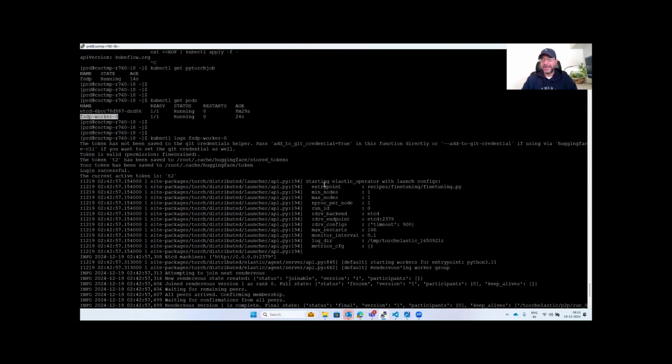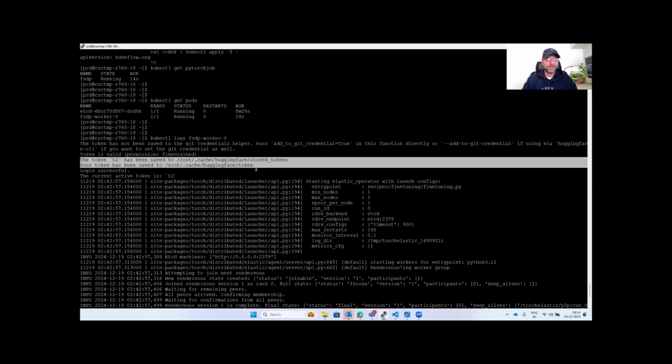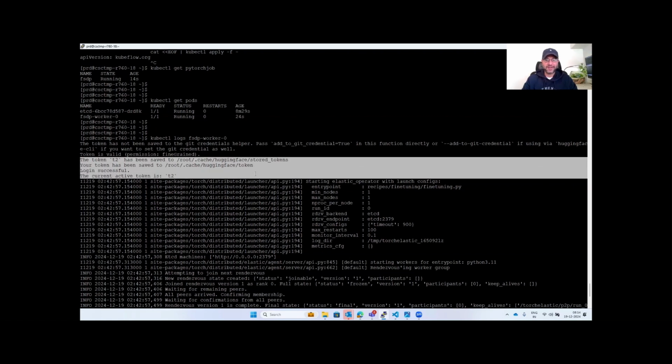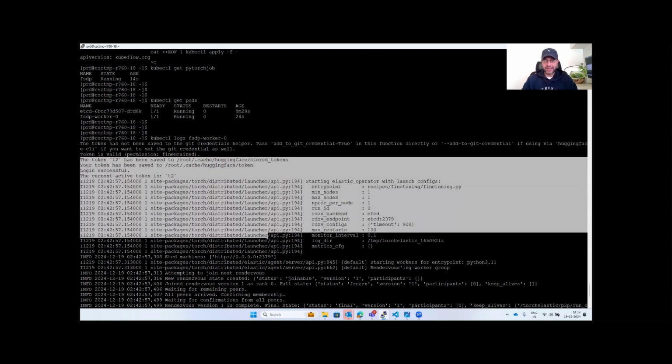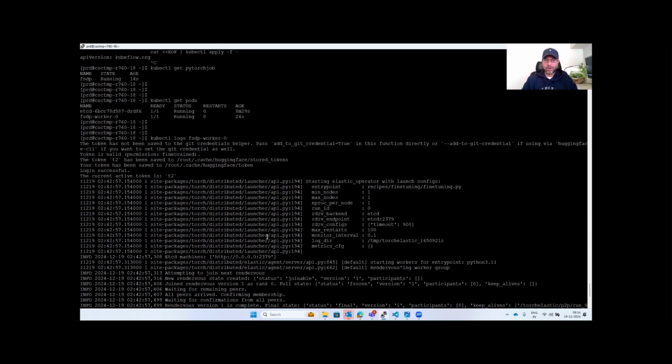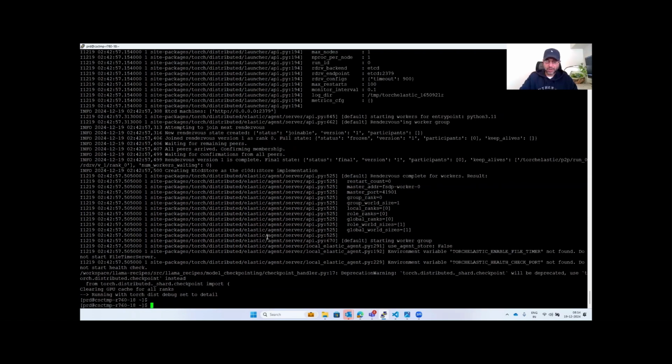And what is that something? The entry point is basically, it will run this particular fine-tuning.py script on the model, that is the Llama model from Hugging Face. You can see here the token has been saved to the Hugging Face token and all that. It has logged in to Hugging Face. It will run this particular thing. It will also download that model, or would have already downloaded that model from Hugging Face. Now,